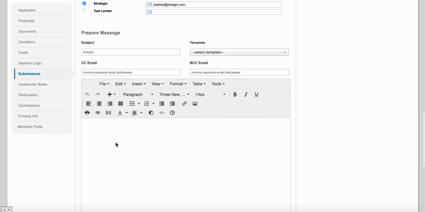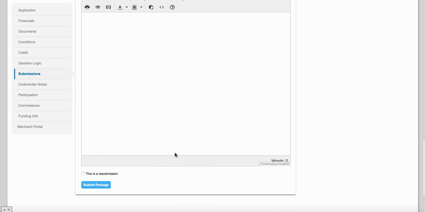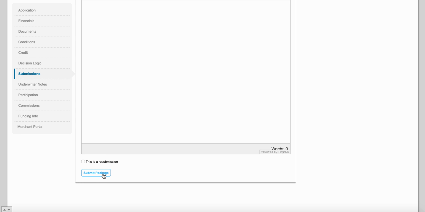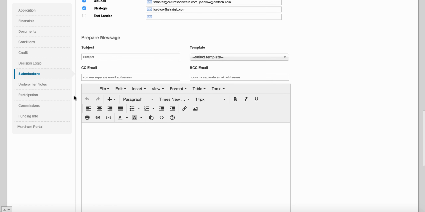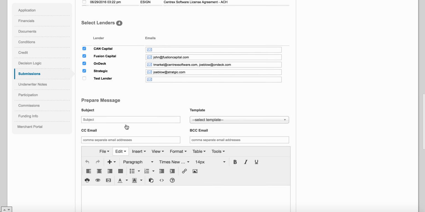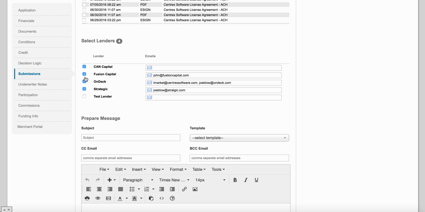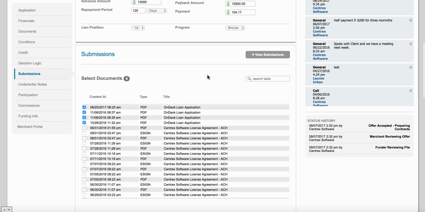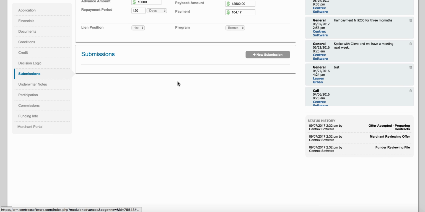And then I can write a bit of a message to these lenders, or I can load a bit of a template. And then down here at the bottom, I can click on Submit Package. When I click on Submit Package, it's going to take all of these documents, attach it to this email, and send it to all of these lenders on a blind CC. Okay, and then of course, when you have submitted, I can click on View Submission and I can see all